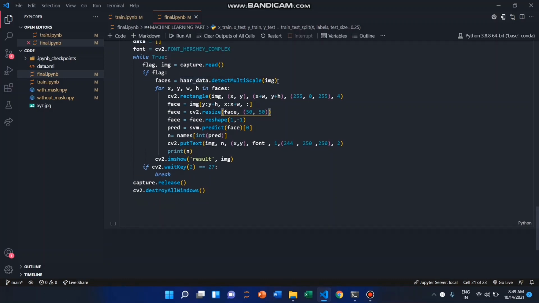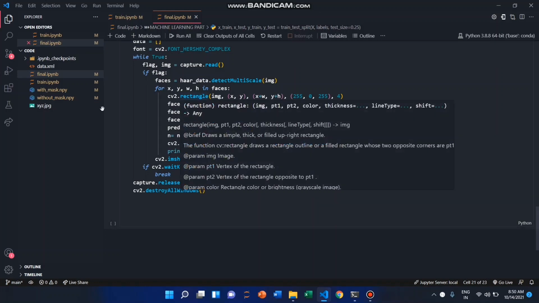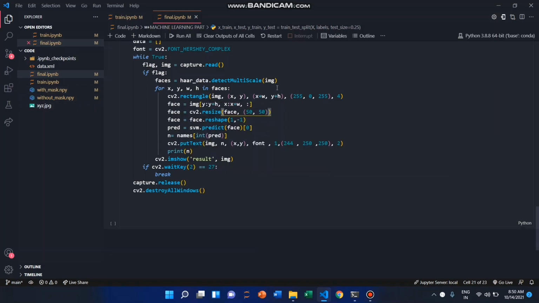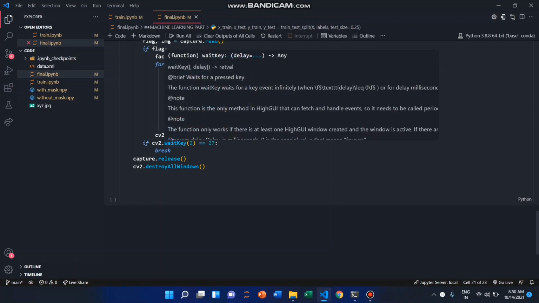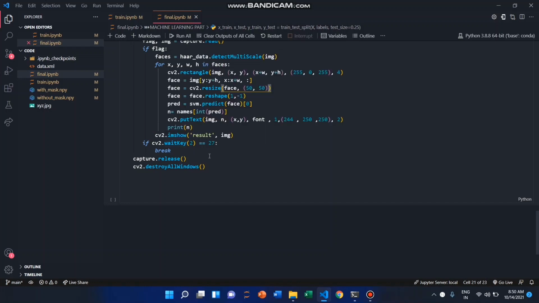Then using the detectMultiScale method we detect the faces in the images. Then using the rectangle method we draw a rectangle on the images. Then we resize our image to a dimension of 50 by 50. Then we predict using the machine learning model whether the individual is wearing a mask or not. Then using the putText method we display the label, mask or no mask. Then using the imshow method we print our result.